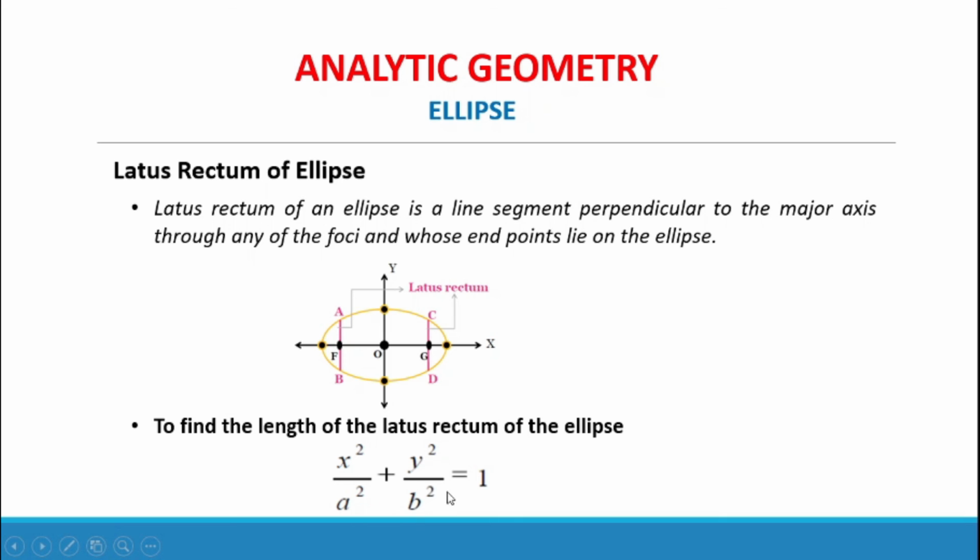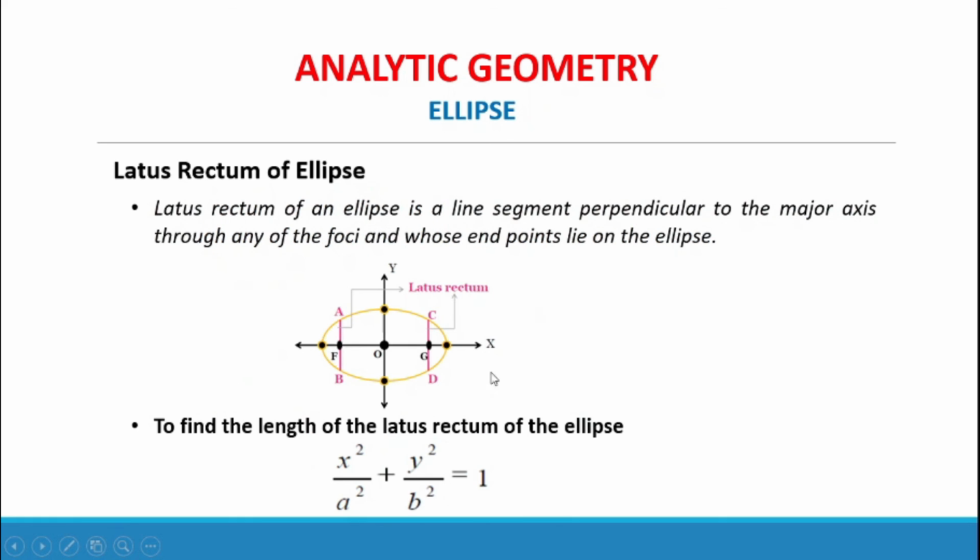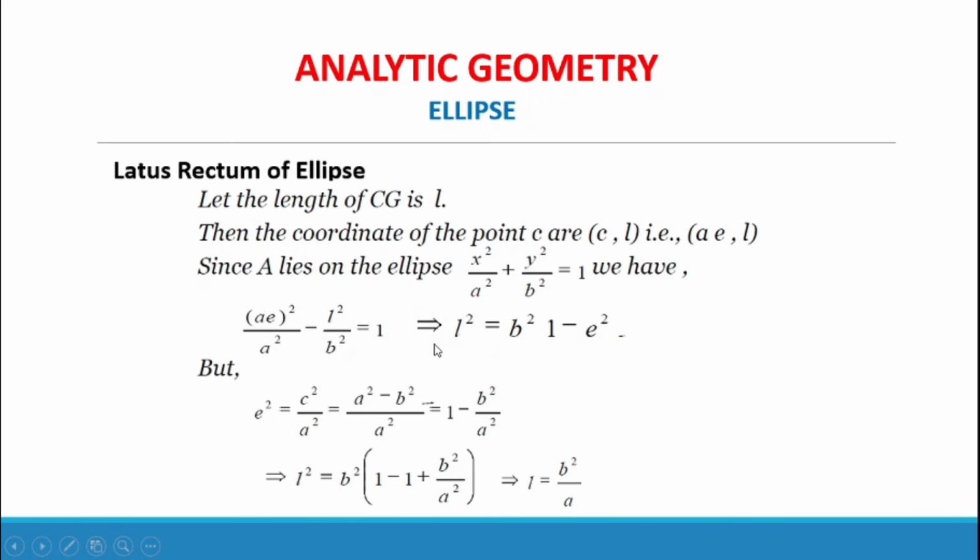To find the length of the latus rectum of the ellipse, x squared over a squared plus y squared over b squared equals 1, let the length of CG be equal to L. So CG is equal to L. Then the coordinates of the point C are c comma L,